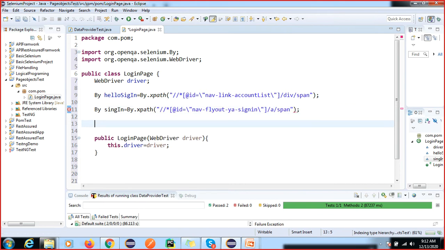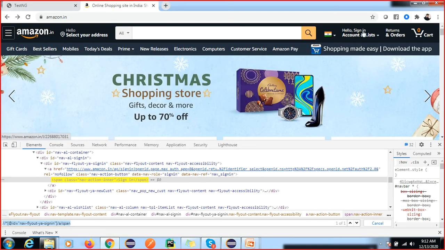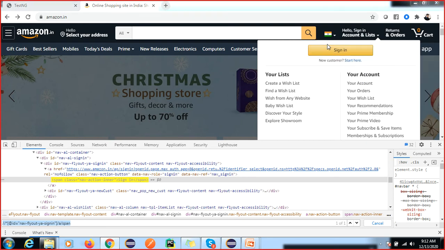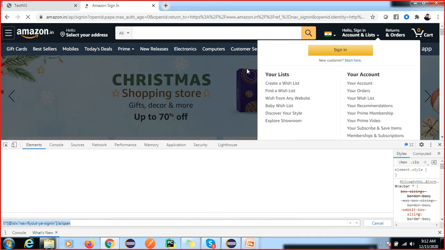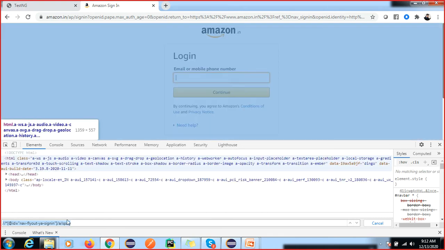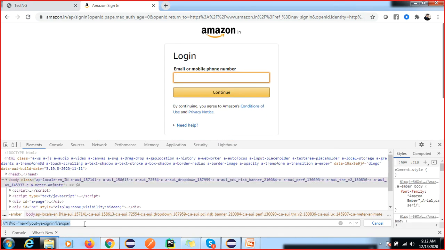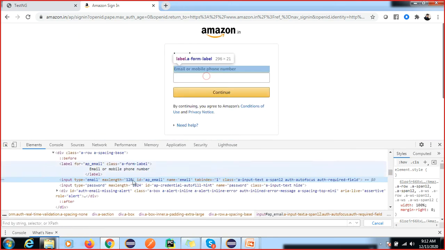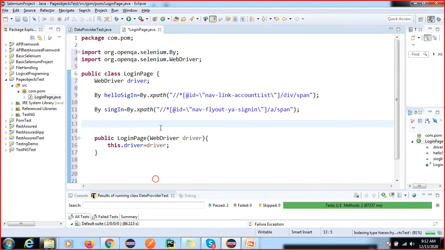So this is a sign in. After that I have to click on, we have done this sign in, right? Now click, and you have to find the element for this. Any locator you can use inside this By class. Here we have an id, so we can directly use this id, By.id email.